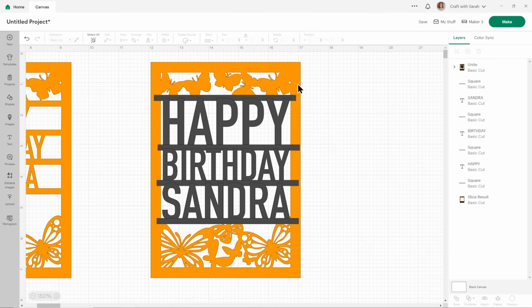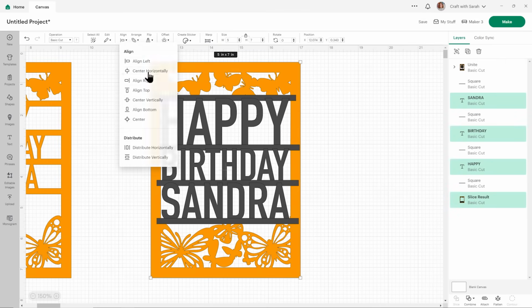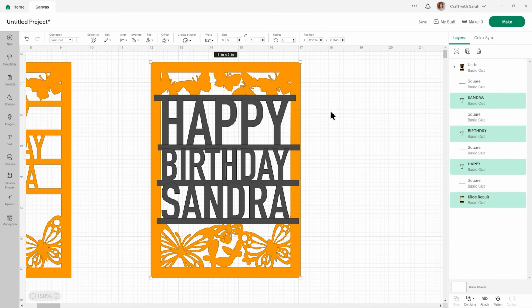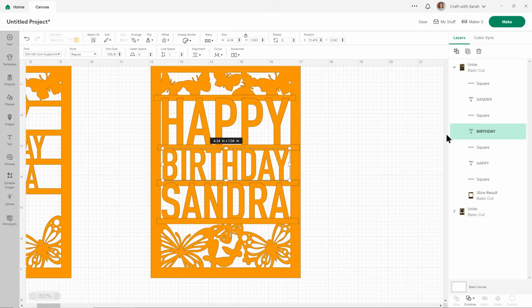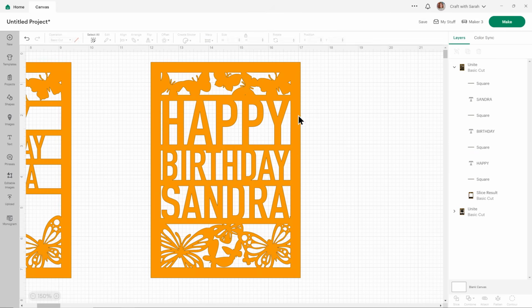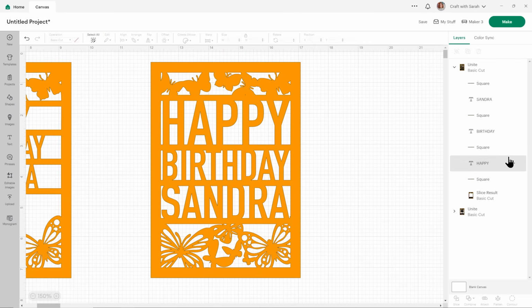Once again, we need to just position everything so it's nice and level. So select all the text and the orange and go Align, Center horizontally. And then select everything and Combine and Unite to join together. Now on this one, even though technically it is in the middle, I think the happy birthday and the Sandra's all right, but the happy and the birthday would look a little bit better shifted to the right because just how it looked like that Y was a lot further away than the H. It's just a trick of the eye.